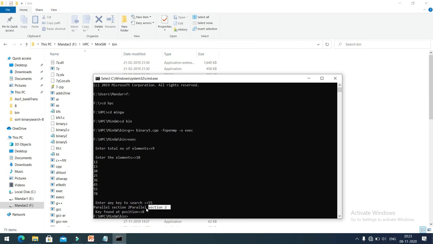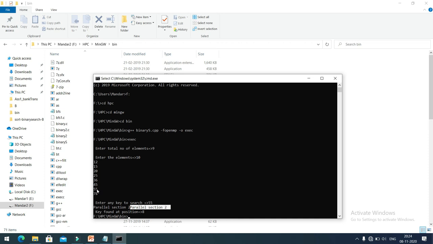And here you can observe that parallel section 2. So why is this line printed here? Because the search key is present at the greater half portion of our array. That means mid plus 1 to upper limit. So this is section 2, and section 1 was from lower to mid.